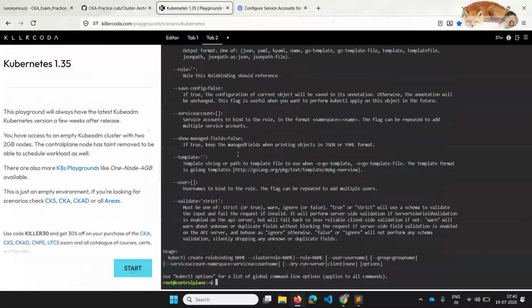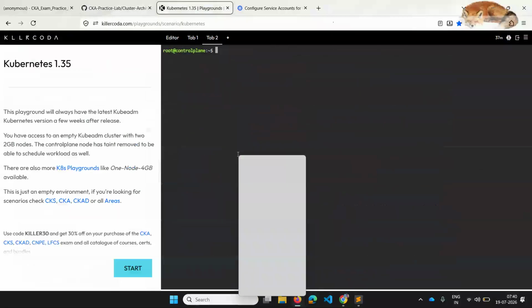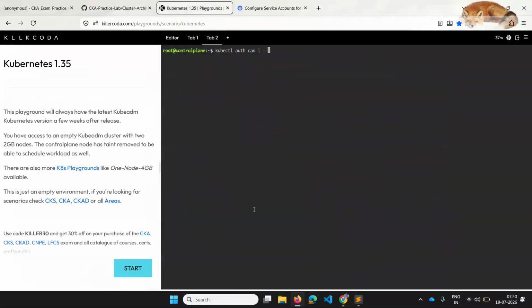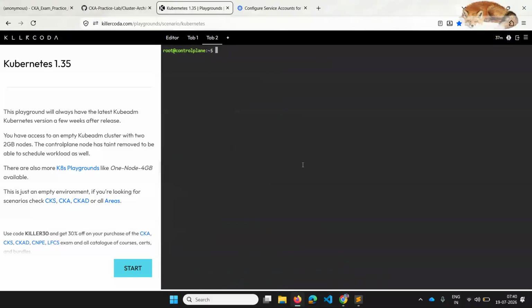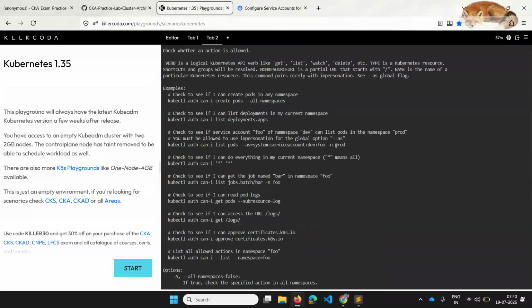Let me clear this. It is like k auth can-i. You can just type this and get the help. So you will get different examples, like can I get the pods and all these things. So just take this and again do a help command. This is specific to get, and you can take an example like this.